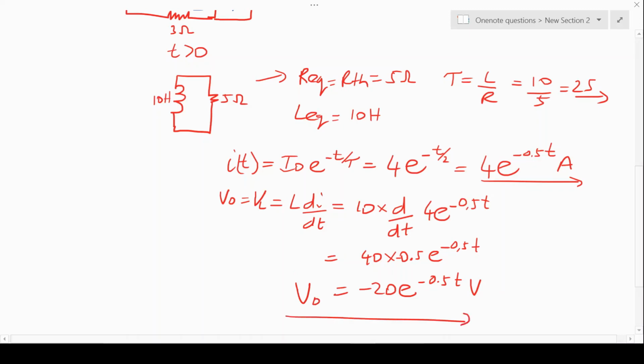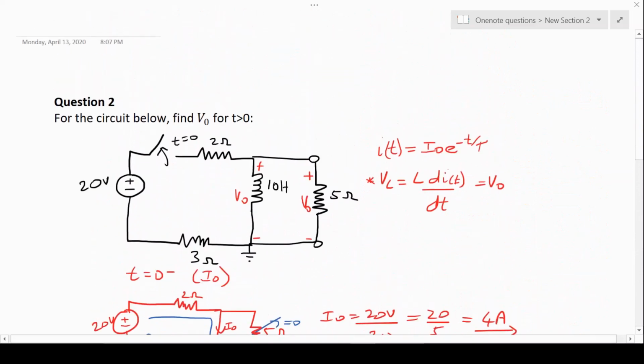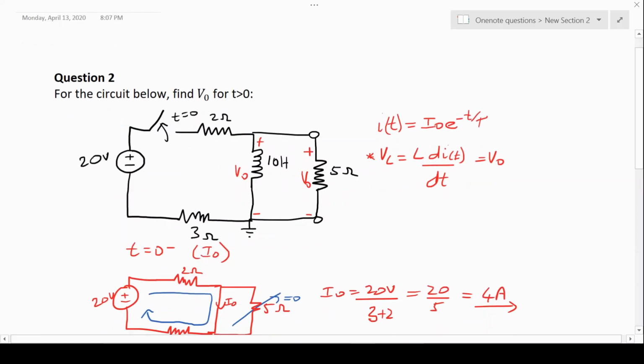So we were able to determine the output voltage by looking at the voltage over the inductor and then stating that it should be the same as the voltage over the resistor. It is important to note in this question that, yes, the response associated with the inductor must be a current response, as we keep on emphasizing. However, they can ask you for a voltage response, and then you should be able to link the voltage and the